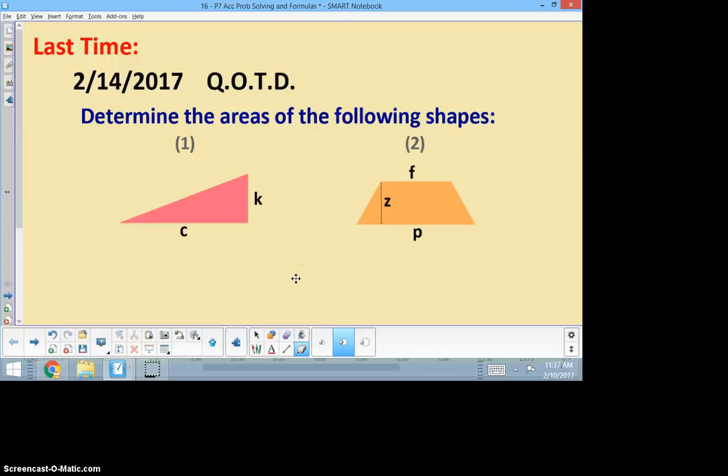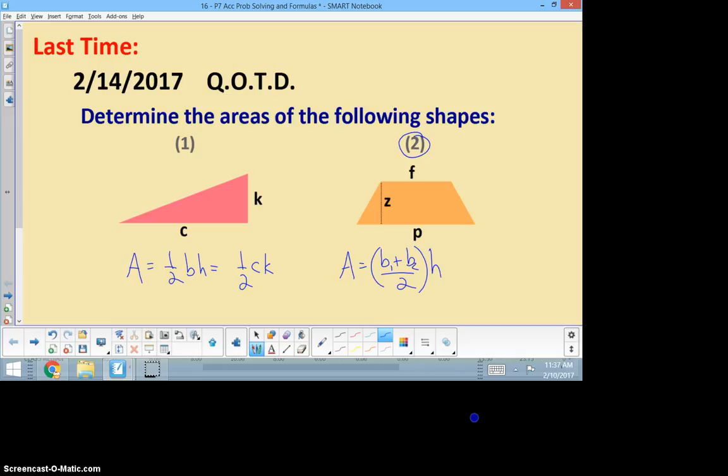Well, last time we were together, we solved the question of the day that asked us to find the areas of these shapes. And if you recall, we found that the area of this triangle was equal to 1/2 the base times the height, which in our case was 1/2 of c times k. And then for the second one, with the trapezoid, we found that the area was equal to the average of the bases